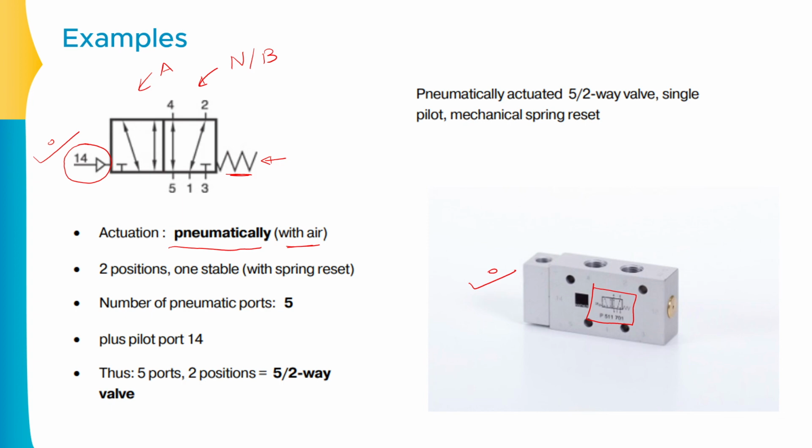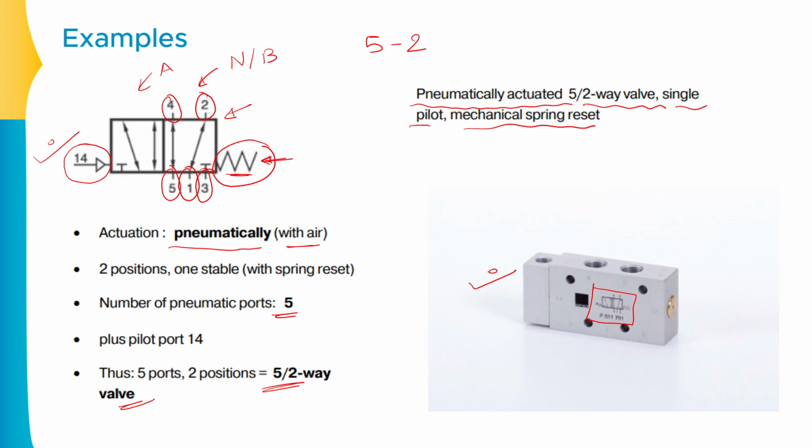Because the numbers, or notations, are given on this specific square. Okay. How many ports are there? Total 5 ports. This is the main pressure line port. These 2 and 4 are the working line ports, and 5 and 3 are the return line ports. Total 5 ports available and 2 squares available. So this is the 5/2 valve. Clear? So this is what we have, a total 5/2 valve, and the full name of this specific valve is pneumatically actuated 5/2 valve with single pilot and mechanical spring reset. So this is the reset position, and the reset is known as the mechanical spring reset.